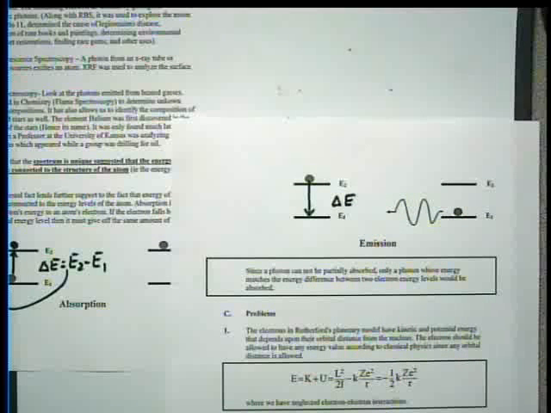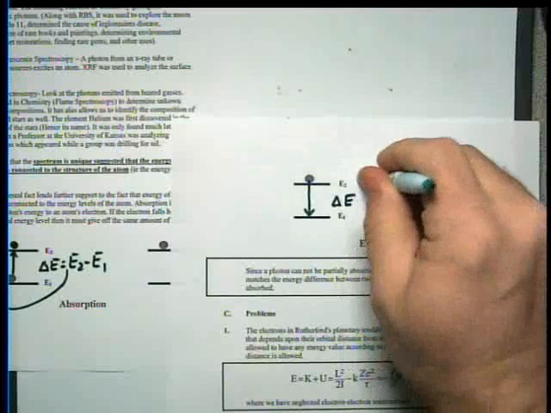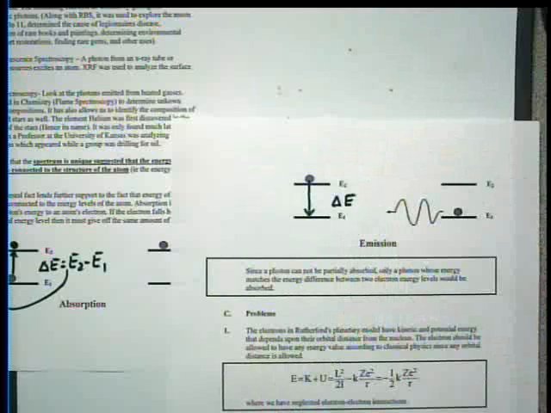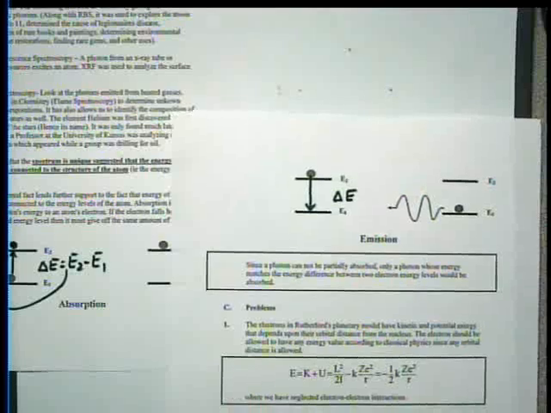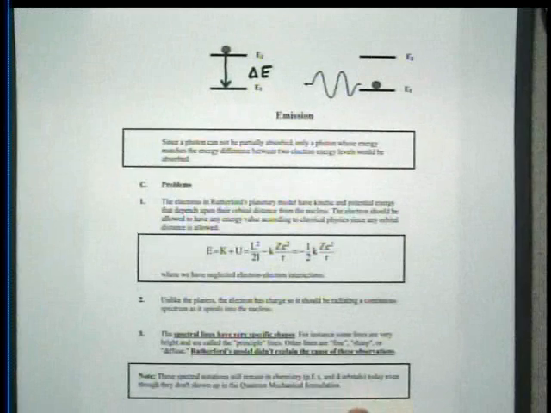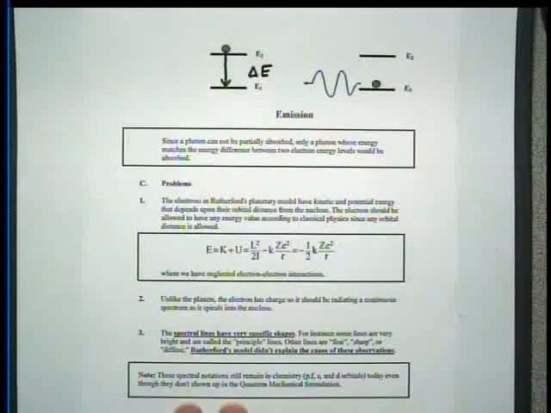So by having a bound system where you went from one state to the other by absorbing energy, and having exactly the same two states that you then went down to emit energy, he was guaranteed that his emission lines and his absorption lines would match. The only problem he had was to figure out how to predict these energy levels. So that's what he had. So here's how he's going to try to do that.